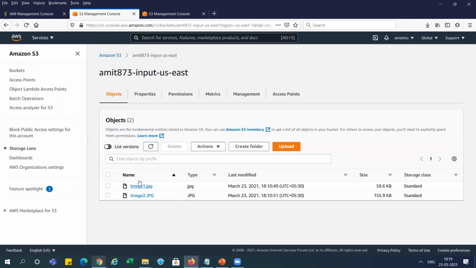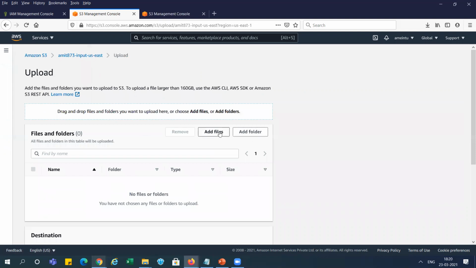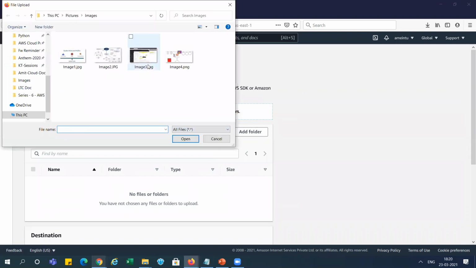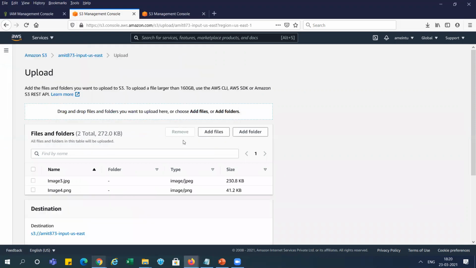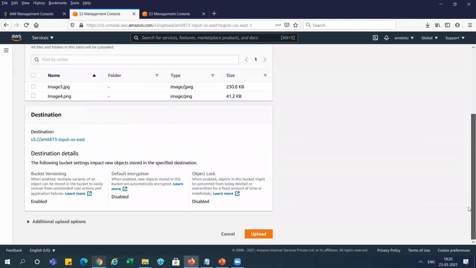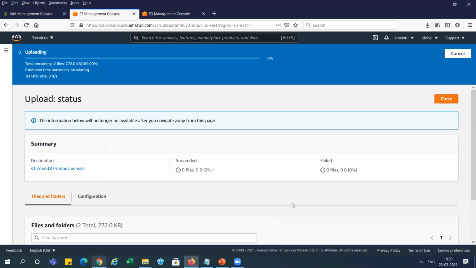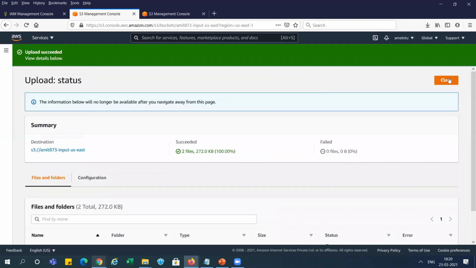So what will happen? I'm going to add one object here, right? So Action, Upload, I'm adding image3. It's better I add two images at the same time, right? Image3 and image4. So let's see. Open, you can see image3 and image4. I'm uploading here. Now you can see it is uploaded successfully in the main region.